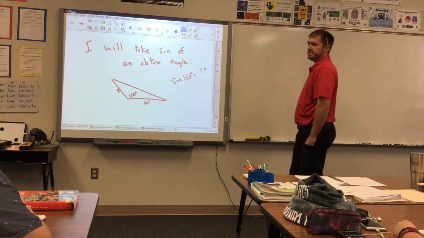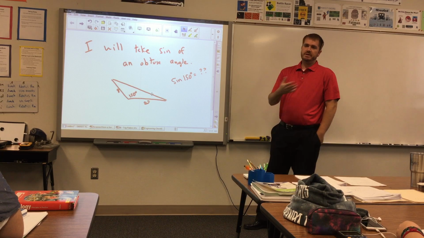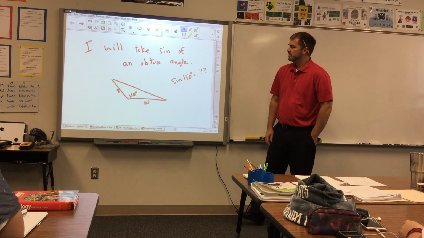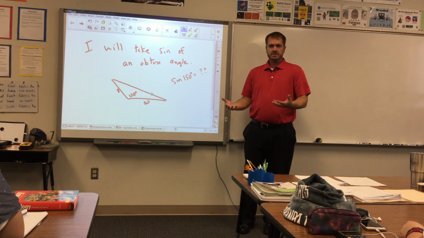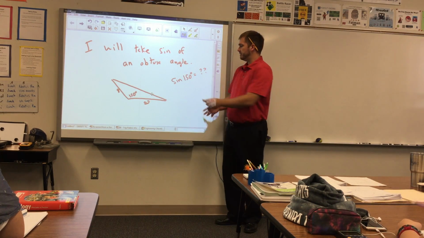So, by the end of class today, you will be able to take the sine of an obtuse angle. You might say, I can already take the sine of an obtuse angle, and I would say, okay, tell me what this means: sine of 150. Up until now, when we've been doing sine, what does that mean? Sine of an angle is going to give us,